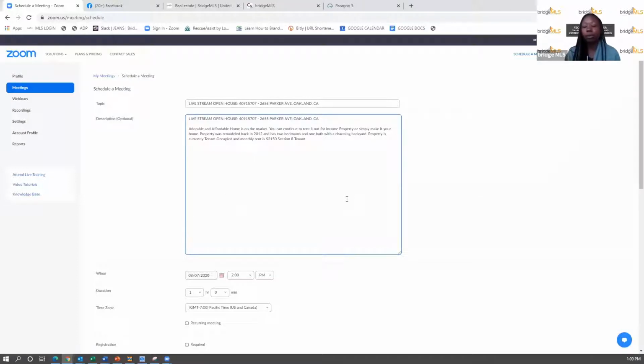Okay. Now, I also want to include information like shown by appointment information, because if you don't feel that a virtual showing, a one-on-one showing via a third-party conferencing platform is feasible for you, you are able to basically do an in-person showing, but it has to be by appointment only. So in that case, I would put,